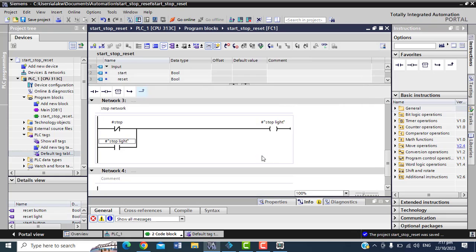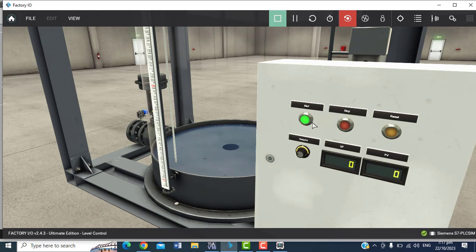So if you go back to your FactoryIO, if I press this one, it comes out, nothing stops it for now. If I press this one again, see that the three lights are just on like that.